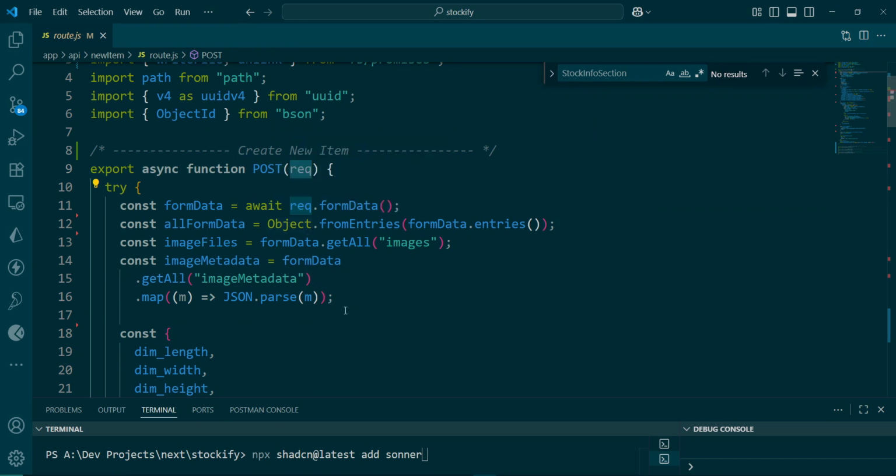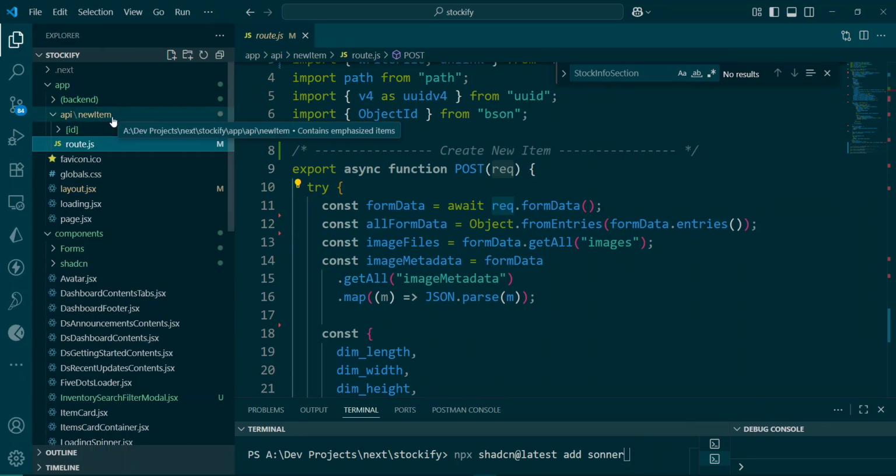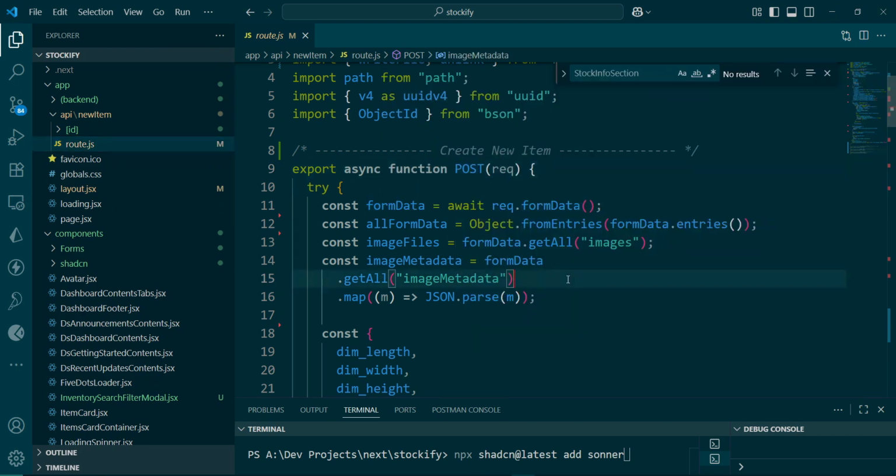So when a form is being submitted and a call is being made to our API new item, if it is a post call, this post function here gets called. So all the data that is coming from the form is coming with the request body. We take it as rec here, as the request body, and we then